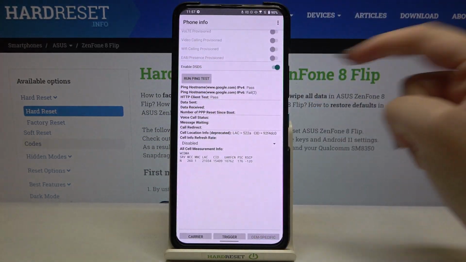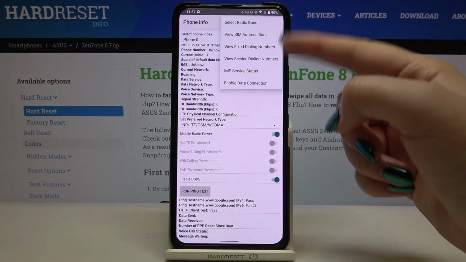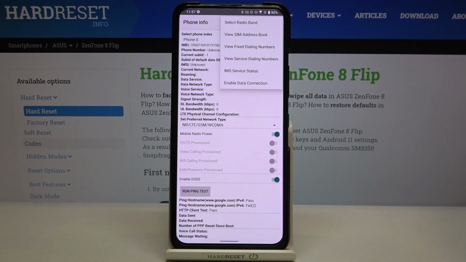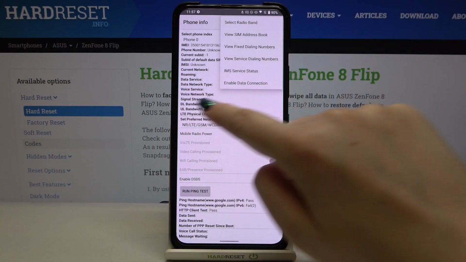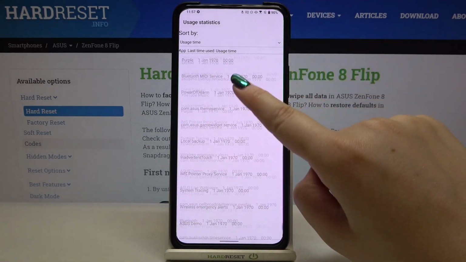What's more, we can run ping test here. Here we've got the results. And after tapping on the three-dot icon in the right upper corner, we can also enable data connection or view service dialing numbers. Let's get back and let's check usage statistics, and here we've got the list of all apps